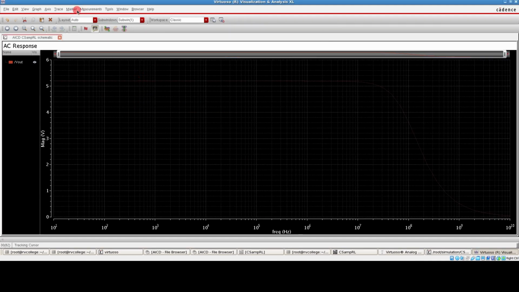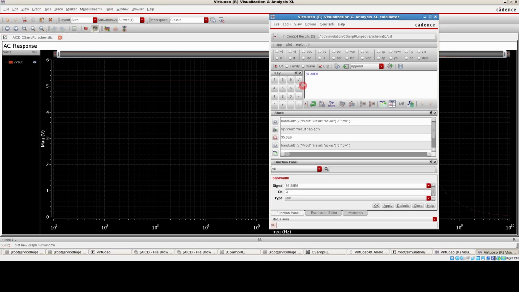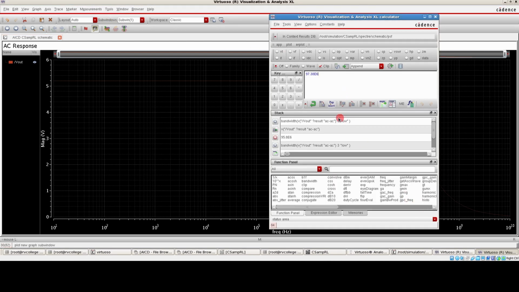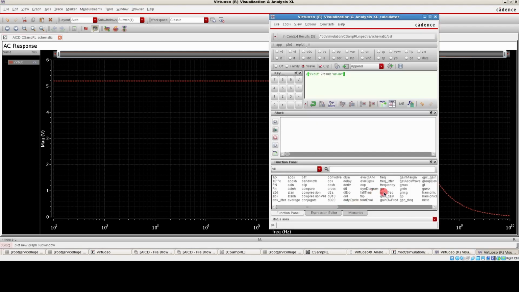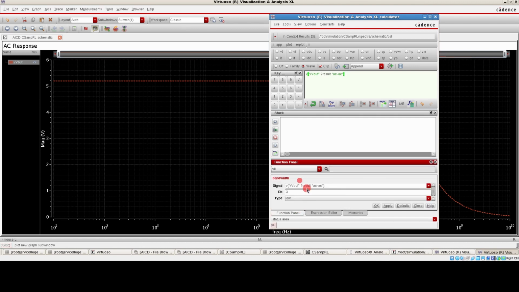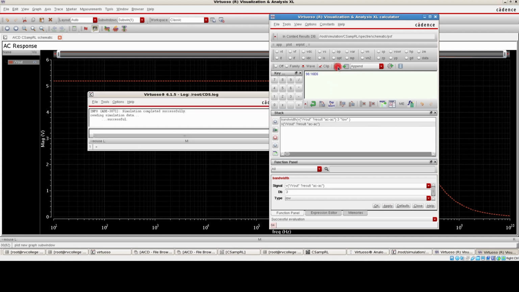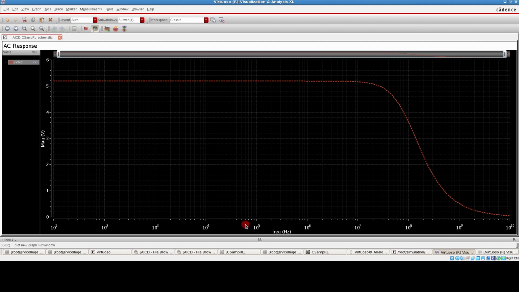That we can do by clicking on this tools calculator, and then let me clear off everything. So choose this wave radio button, select this wave, and you could see that there is a kind of bandwidth option under the function panel. You can enable this bandwidth, and then you just go with the default option that is available here. Click on apply and evaluate this particular bandwidth. So you end up having a result of 98.16 megahertz, okay, which is a value that is closer to 100. Okay, yeah.